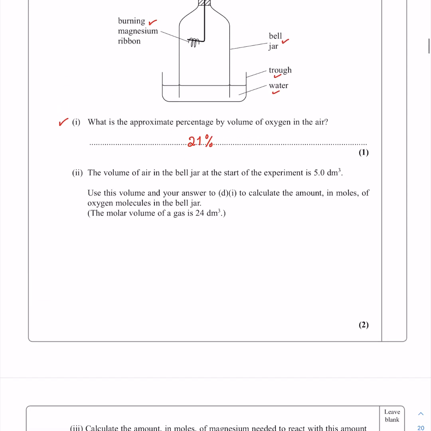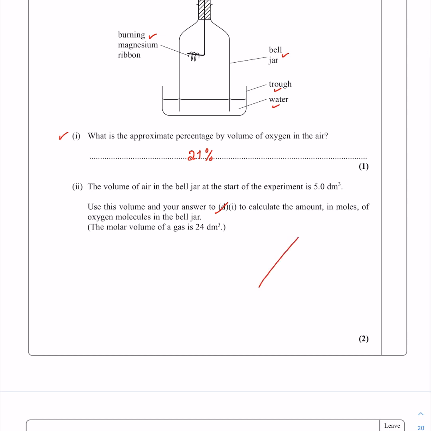The volume of air in the bell jar at the start of the experiment is 5 cubic decimeter. Use your volume and your answer to I to calculate the amount in moles of oxygen molecules in the bell jar. Well, I can't take the moles law and substitute the volume with 5 cubic decimeter, because that is the volume of air. The law is moles equals volume over molar volume 24. I can't put 5 cubic decimeter here and get the moles, because the moles that come out would be moles of air, not